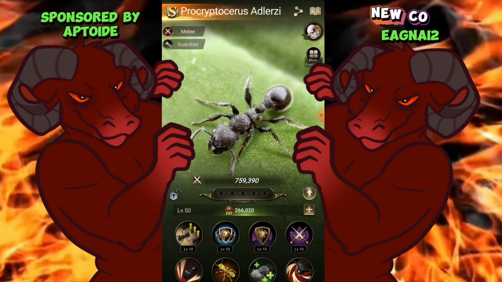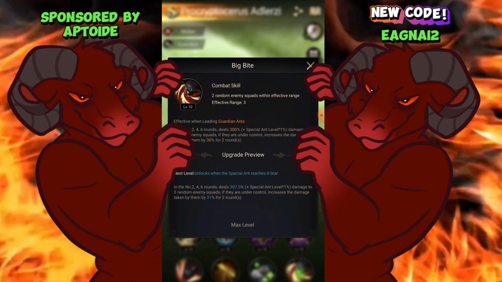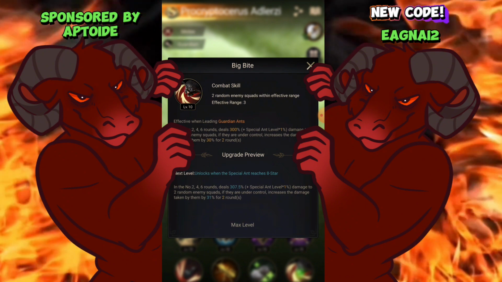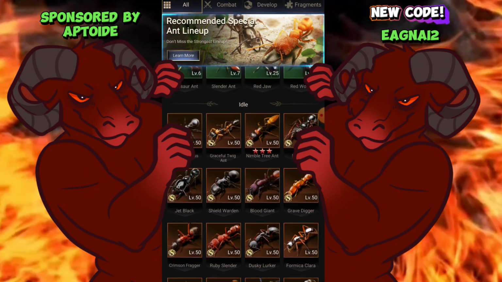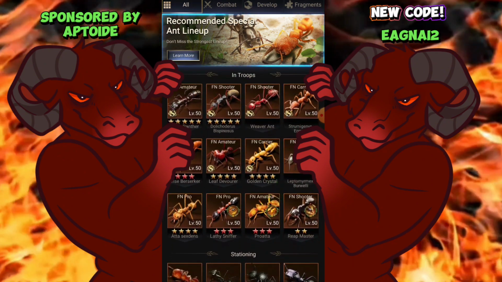So that's for the first 3 rounds versus the ATA. And then you have, if they're under control, increases the damage taken by them. And then also has a chance to be able to control. Now, when that stacks up, when you start going with